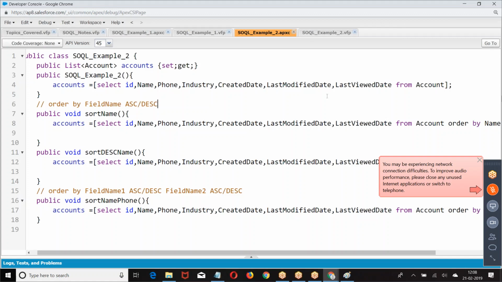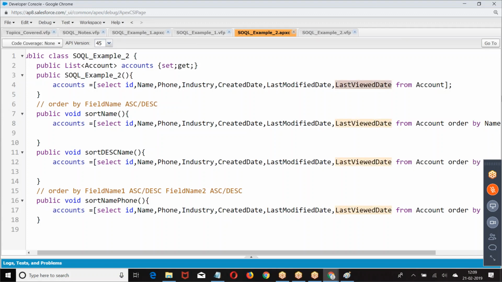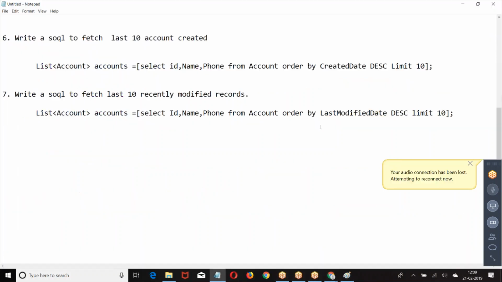Write a SOQL query to fetch based on last viewed date. Same query. Here we take last viewed date. If you want to apply limit, you can apply, otherwise leave it.